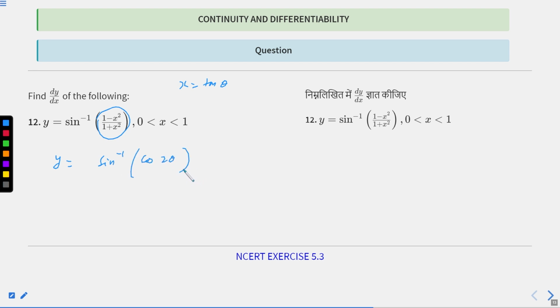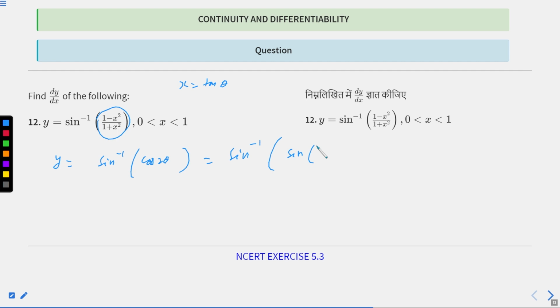Yes, as you can see, 1 minus tan square theta divided by this thing. And this can be reduced to what? This can be reduced to sine. Here you use cos 2 theta. Now sine inverse of this will become